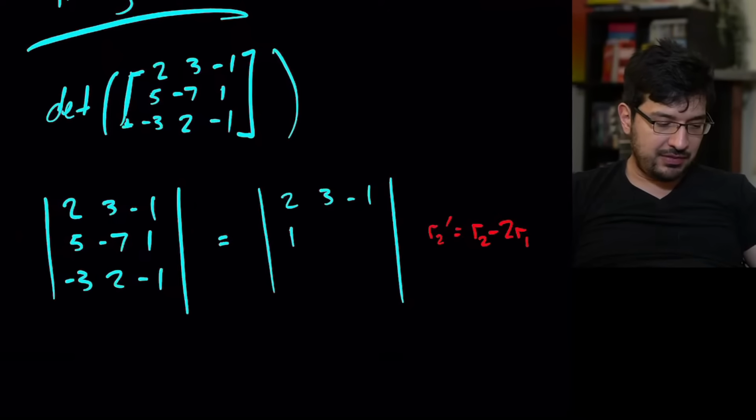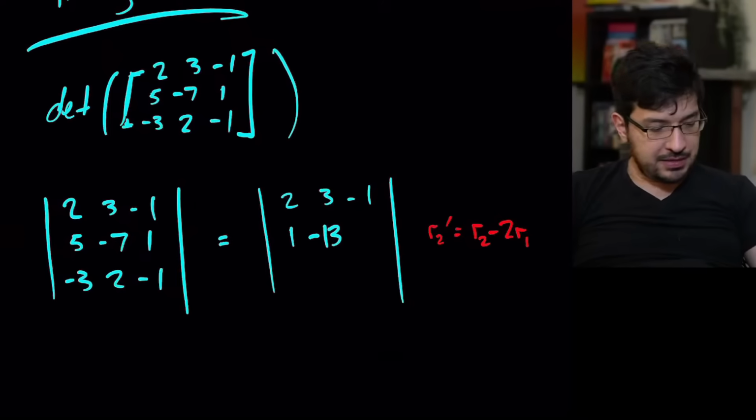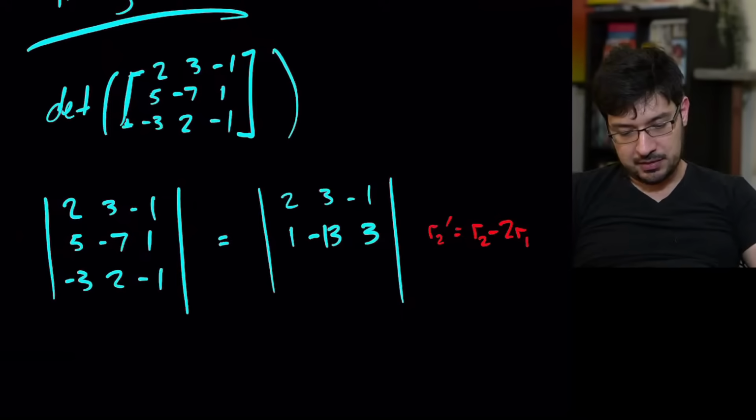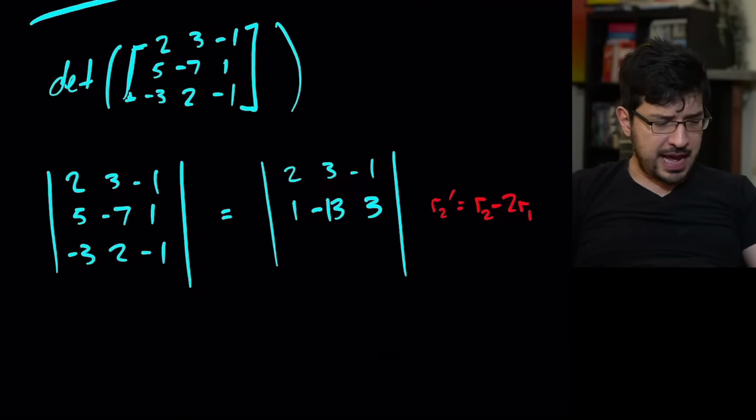-7 minus 6 is -13. And then 1 plus 2 is 3. Follow me? You got that, everyone? All right. Now, let's do